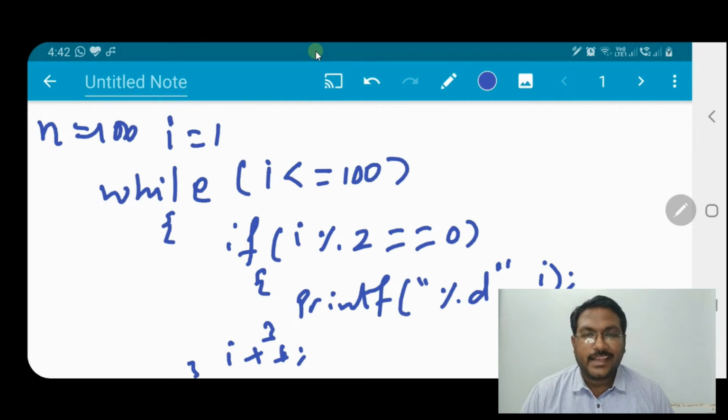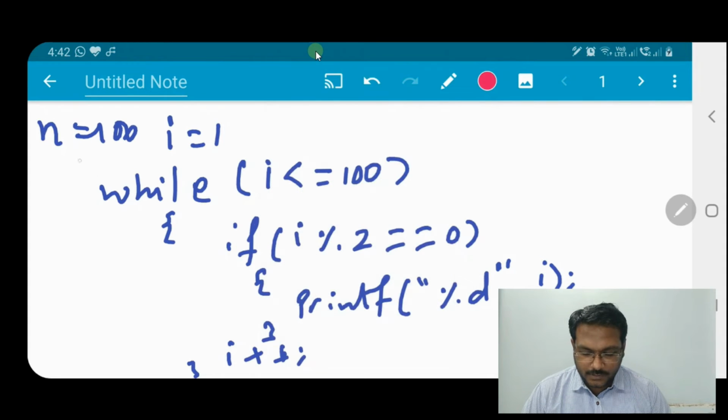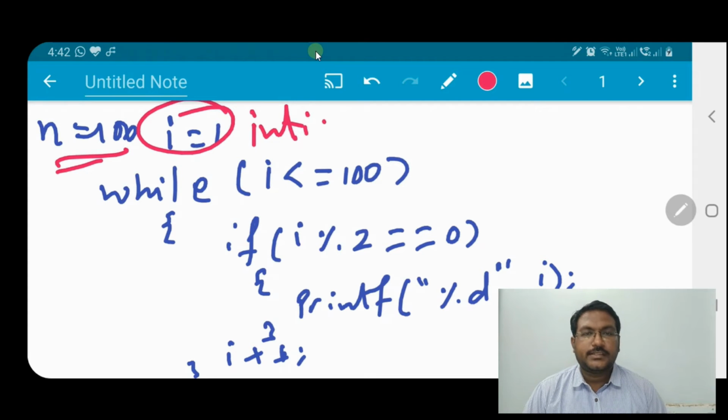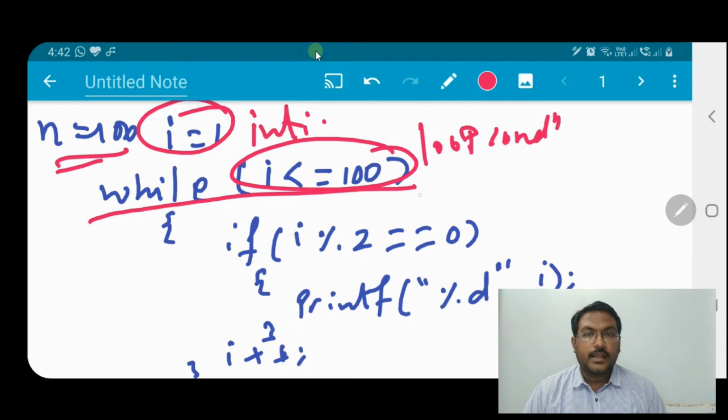So if you write like this, what will happen? First, n is equal to 100, which is given by the user, and i is equal to 1, which is the initialization for us. In this while loop, this is the loop condition: i less than or equal to 100.